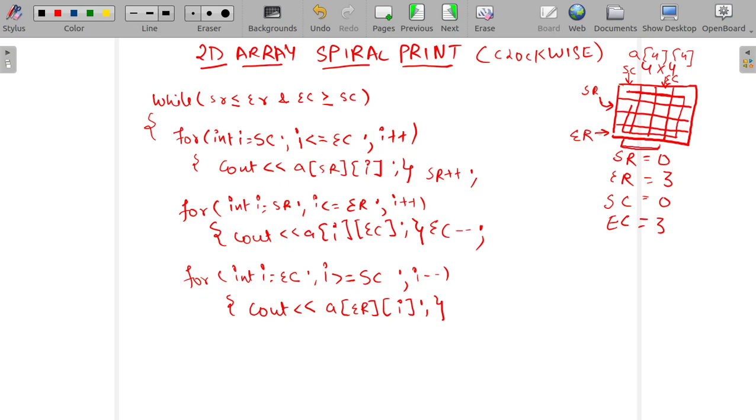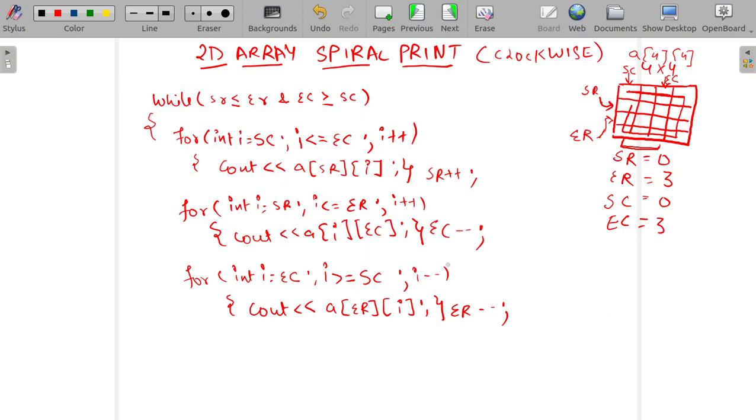So we will update our end row to end row minus minus. So let me also update it there. Yeah, so now it is pointing here, right?